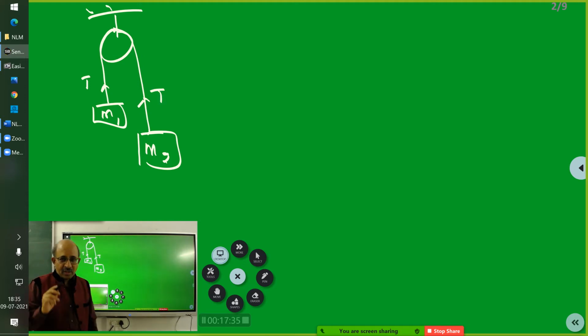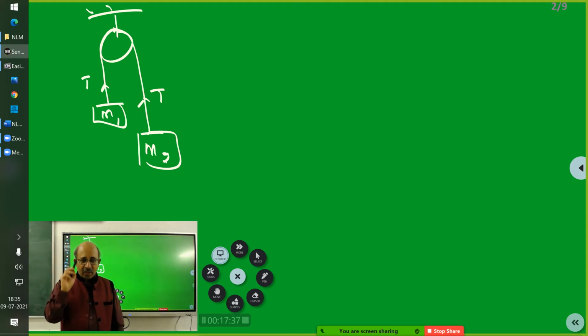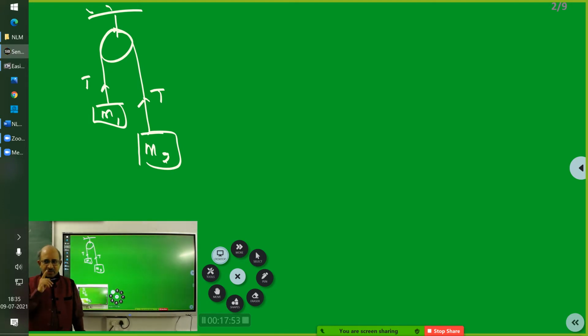Now, yesterday I discussed the contact force between two blocks. And what did I say about the contact force? It's a self-adjusting force. Can you tell me any other force which is self-adjusting? Some other example of self-adjusting force? Any other self-adjusting force? The tensions. Good, that's it.